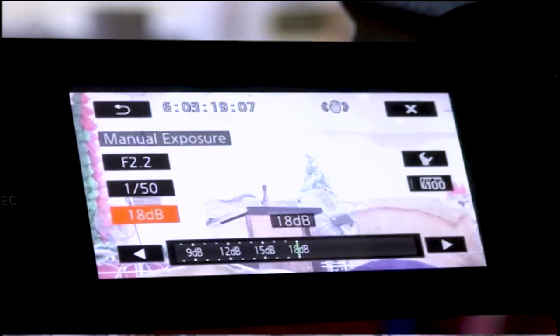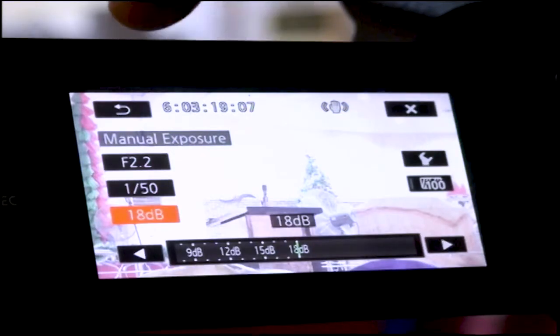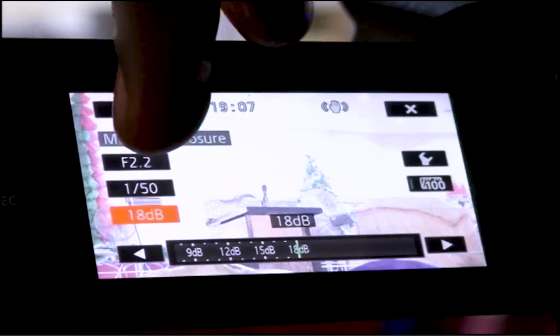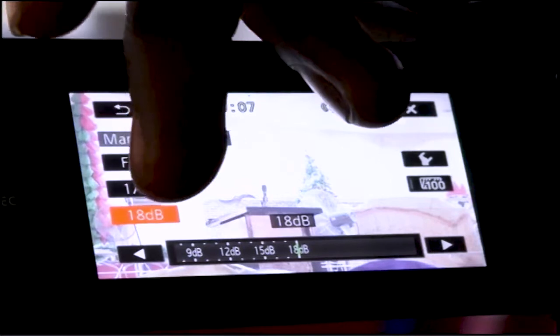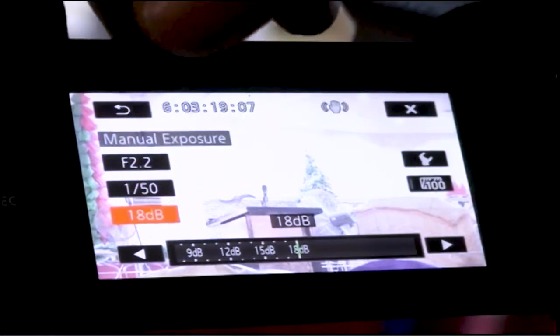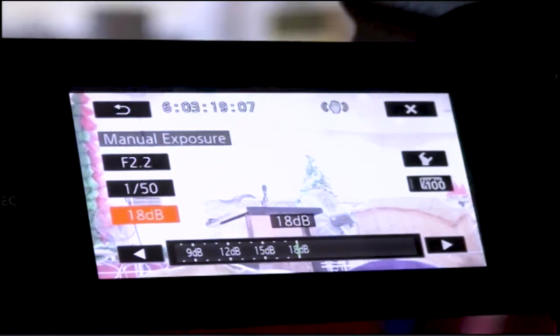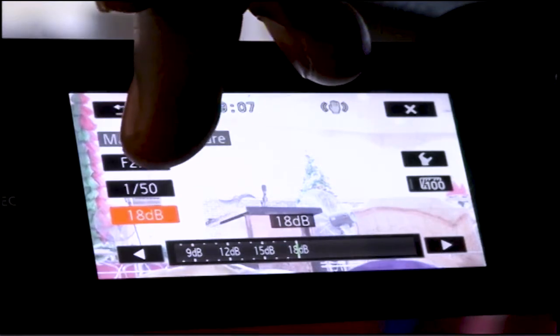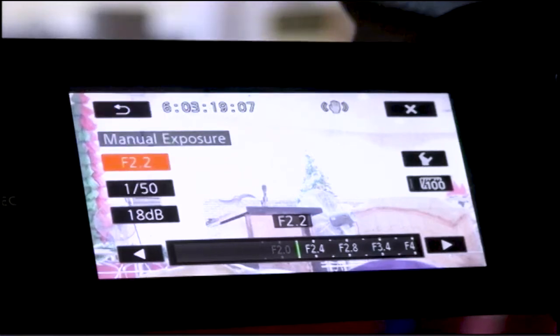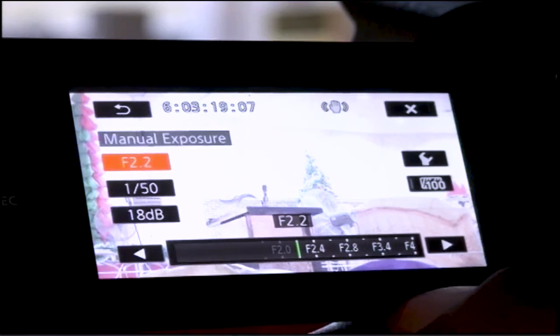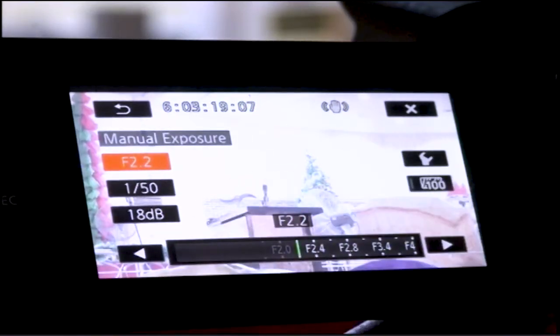So now on this aspect we have what we call F. So we can see your three aspects here, which is your F, your 1/, then your dB. I'll be telling you one after the other about all this stuff. So your F22 means that this F really means your exposure. We really call this one exposure. Now on your F, you press your F, you can see that your lens can open up to 2.2. Understand? But now, if I see that it's too overexposed,